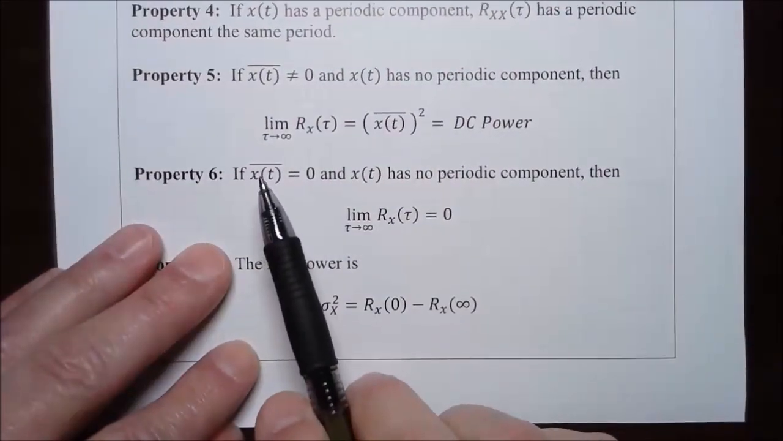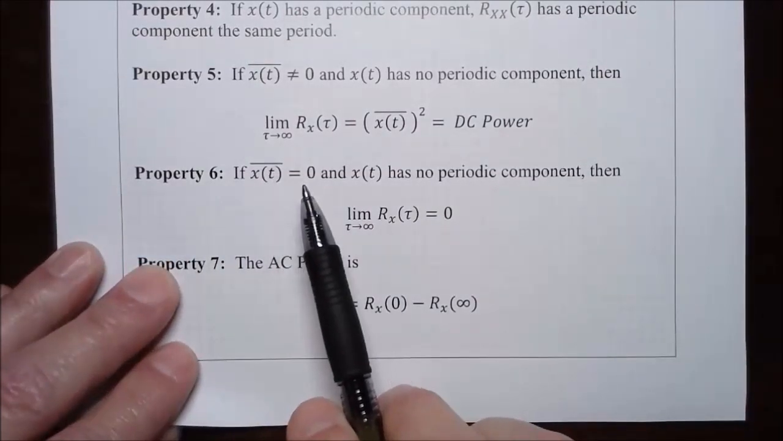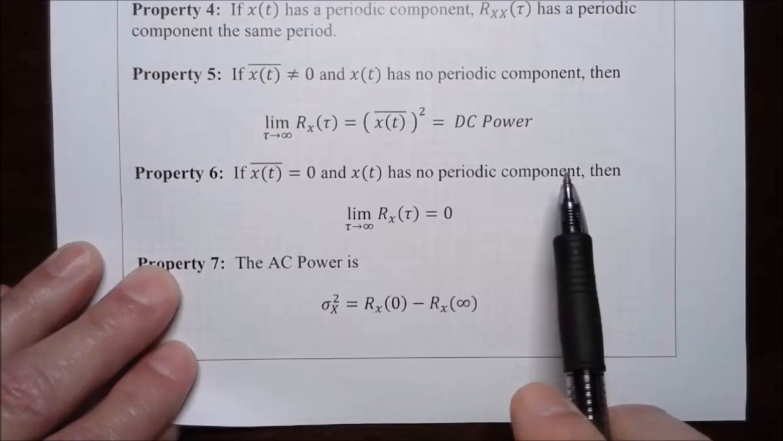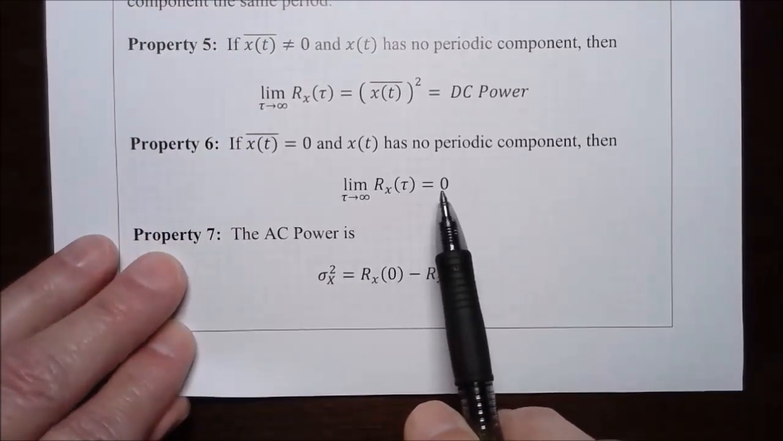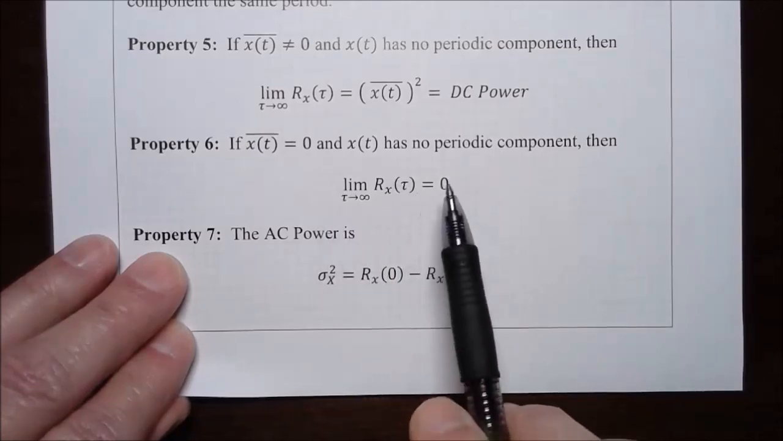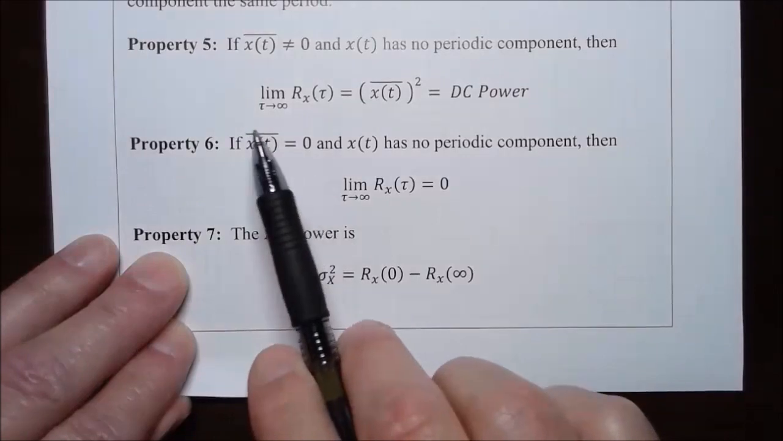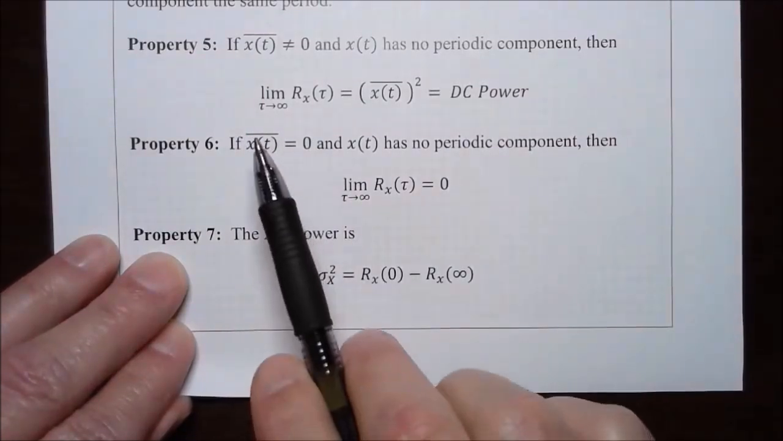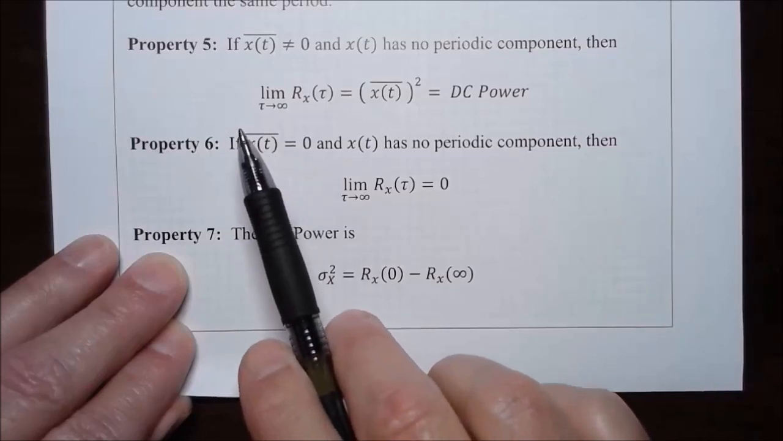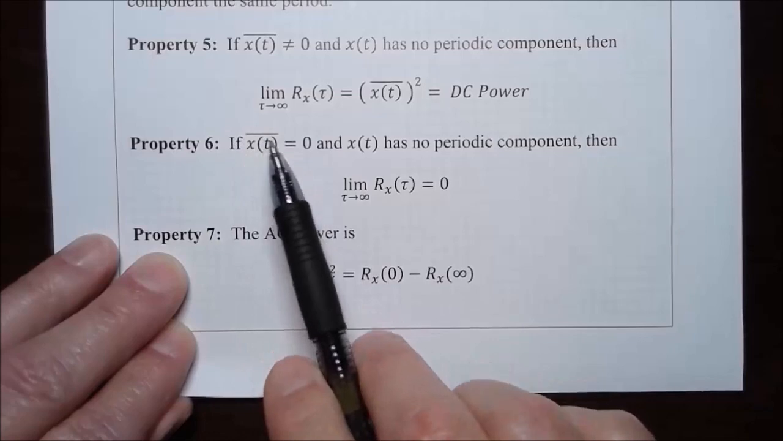If the random signal has a mean value of 0, and if it has no periodic component, then the autocorrelation will tail off towards 0. So this is just saying it has 0 DC power, which is what we have defined if it has a mean value of 0. See, if x of t averaged is equal to 0, then when you square this, it's